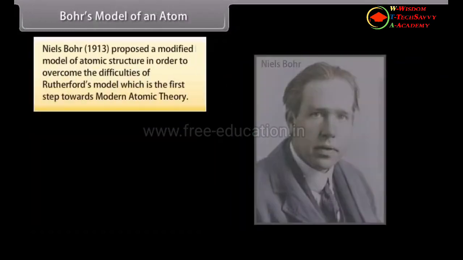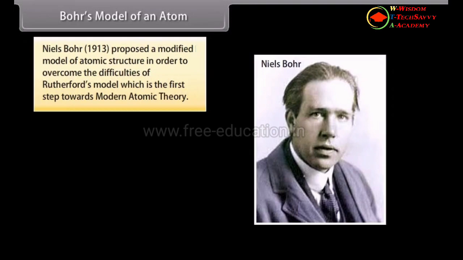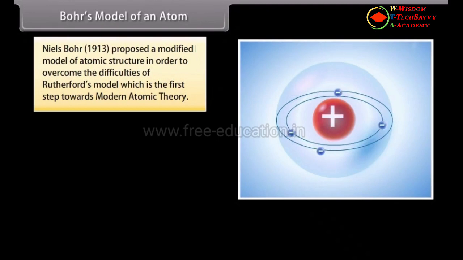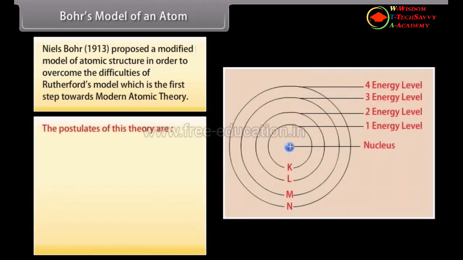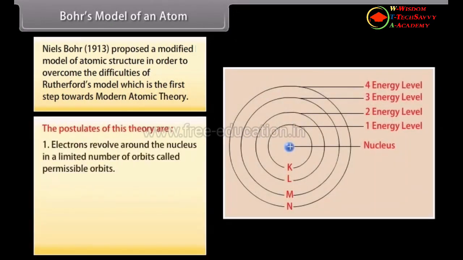Bohr's model of an atom. Niels Bohr, in 1913, proposed a modified model of atomic structure in order to overcome the difficulties of Rutherford's model, which is the first step towards modern atomic theory. The postulates of this theory are: